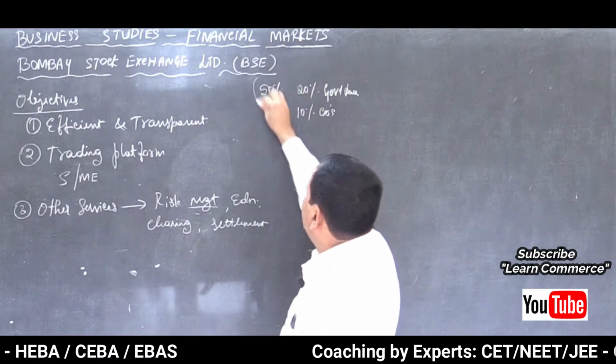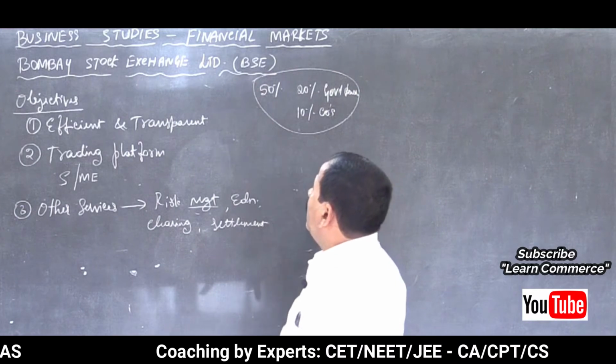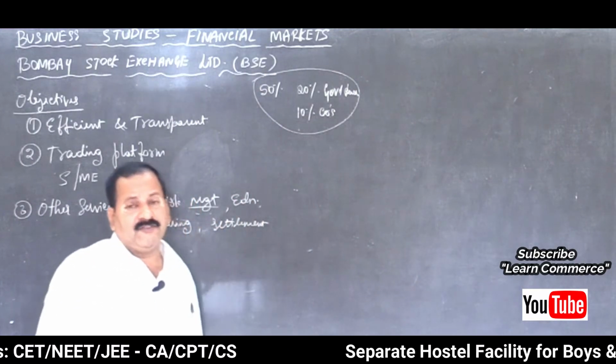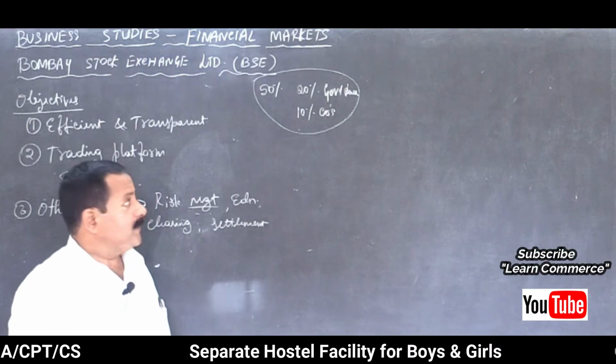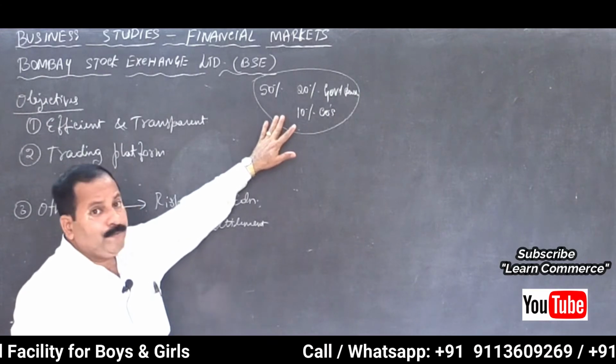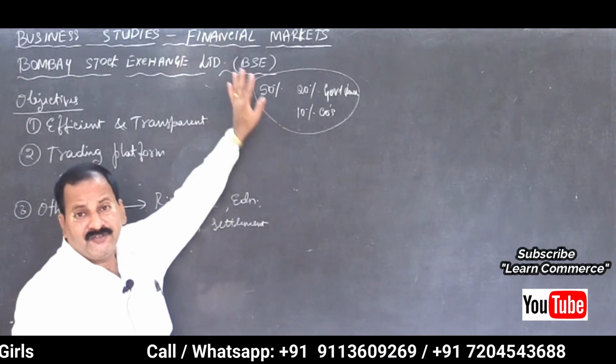So they will invest in different securities, maybe in government bonds or NSCs, that is National Savings Certificate. In these they may invest, so that what will happen is, if there is a risk, suppose you have invested in one share,